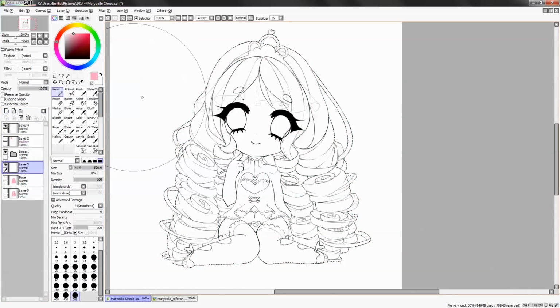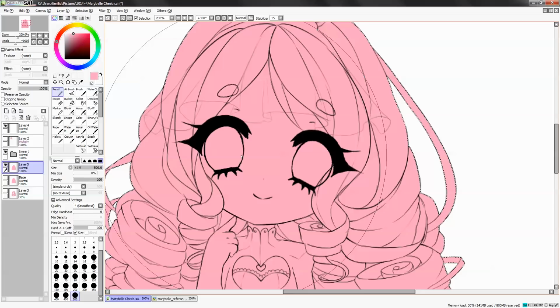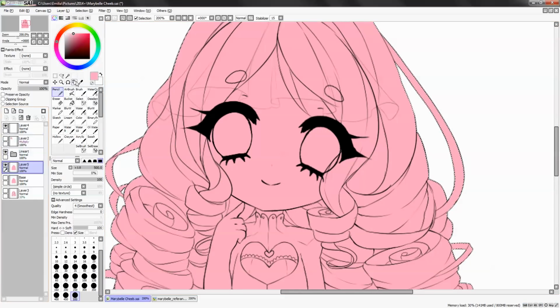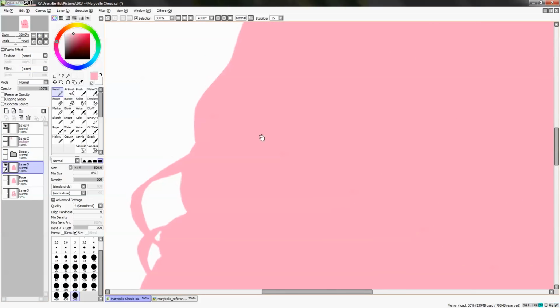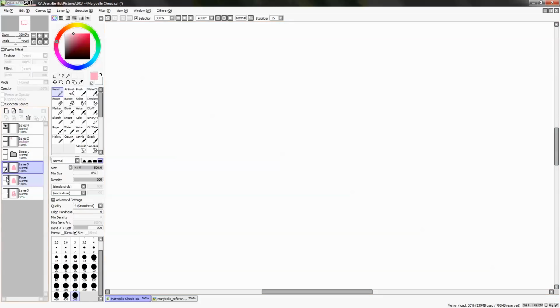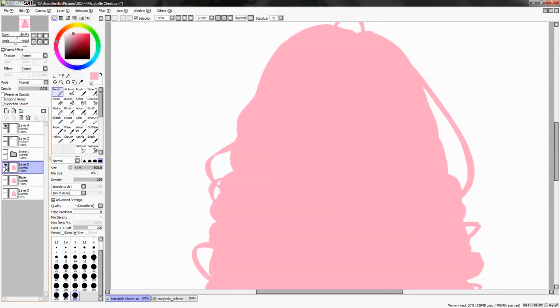And this is when you click Ctrl F, which is fill, and then it fills everything instead of going outside the lines. Because when you do it with the brush, I can deselect it now, Ctrl D, and take away the line art. You're going to see how smooth it is when I click Ctrl F, it's really smooth. But when I fill it with a brush, it becomes really pixelated, and that's not the result you want, I promise you. You see the difference? Even far away you can see a difference.